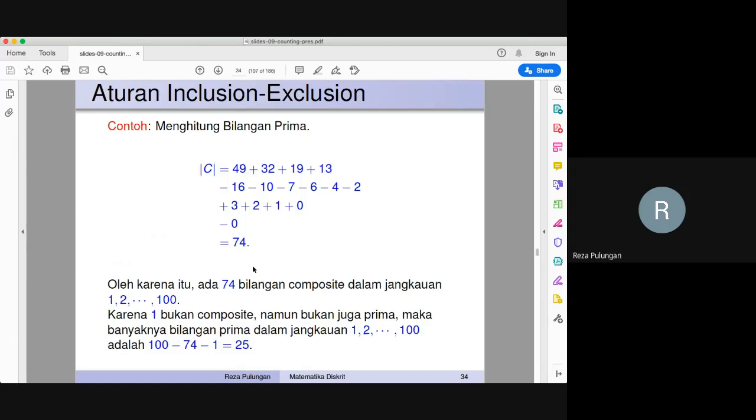So how many are there for prime? Well, that means prime will be 100 minus 74 minus 1. This one is for 1. 1 is not a prime, but also is not a composite. So that means that in this example,